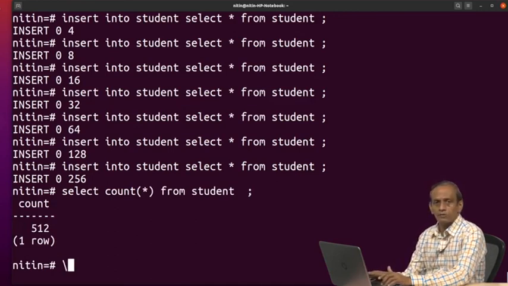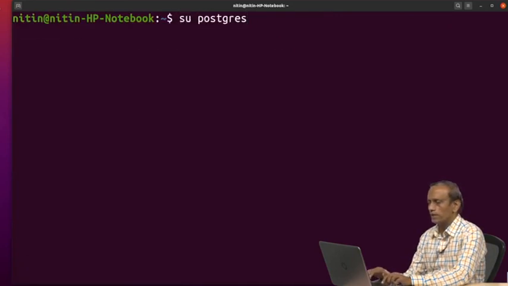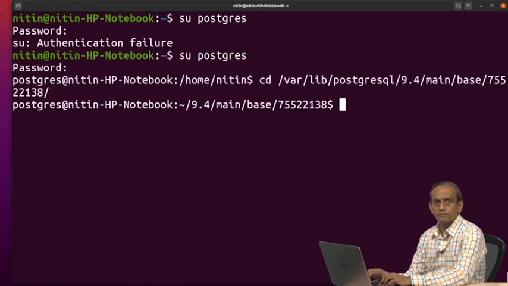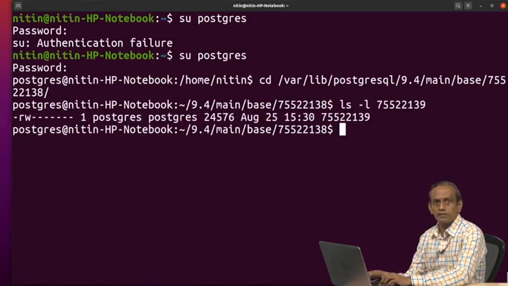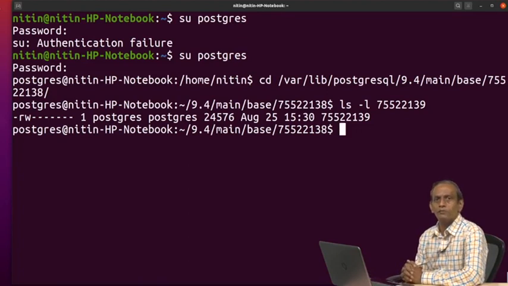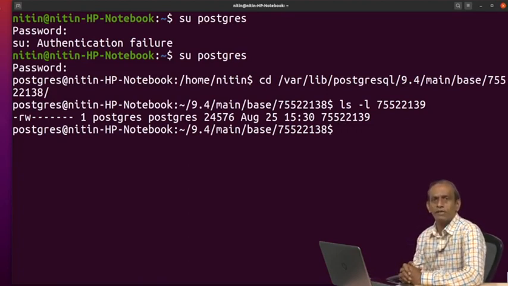Ultimately, the size should change now. Let us see whether we get a change in the size. Now ls -l. Earlier it was 8192. Now you will see that it is a multiple of 8192.